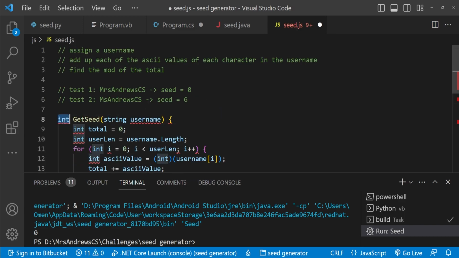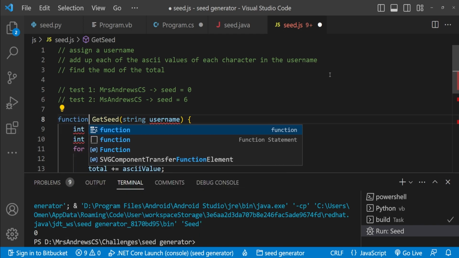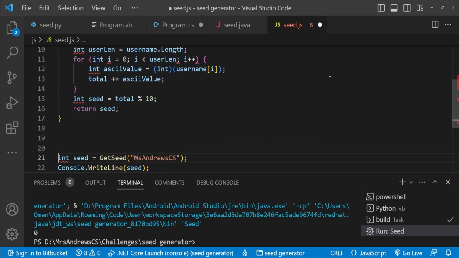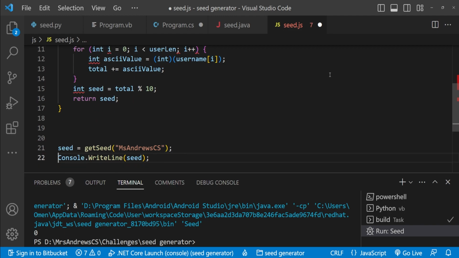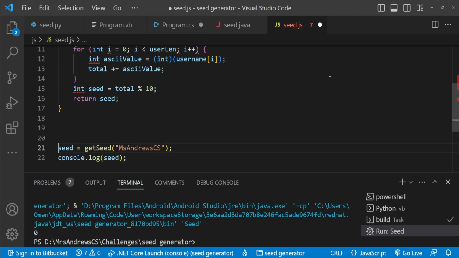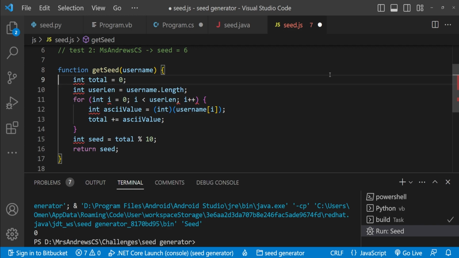Now remember that JavaScript is not typed, so I'm going to just change that to be function. And in JavaScript, the convention is camel case for both functions and variables, so I'll make that change here. And it is simply console lowercase dot log. So we're going to log that to the console. So let's go and work on this. So we don't need to type it. We don't need this and this in Python,